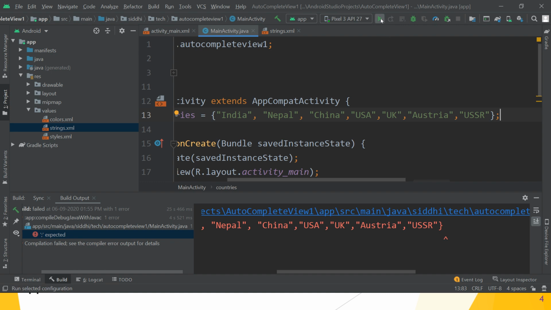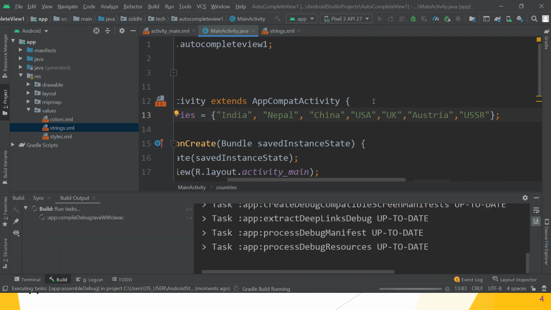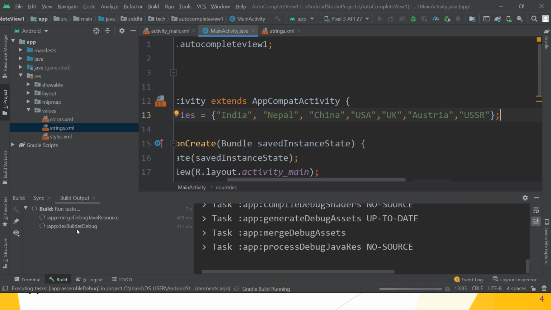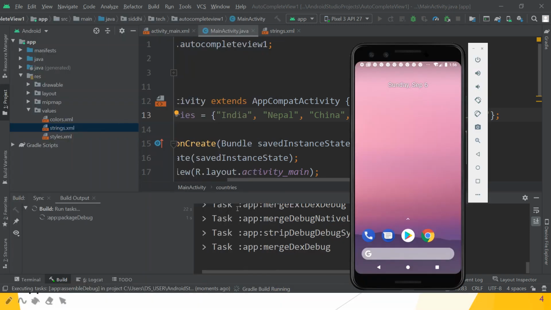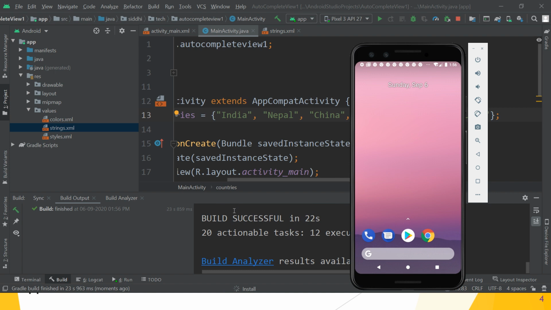So again run it and wait for some time for Gradle to build your application and install it on your emulator. Great. So wait for some time. After that, open your emulator. Great guys, hope you understand the things we have to write in main activity.